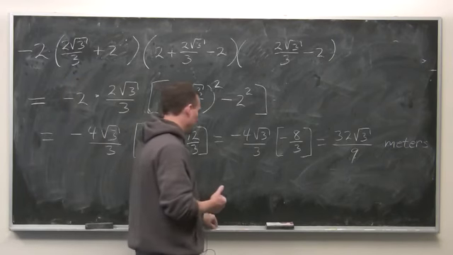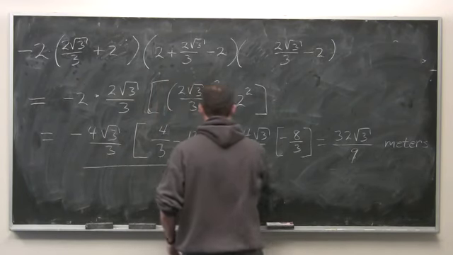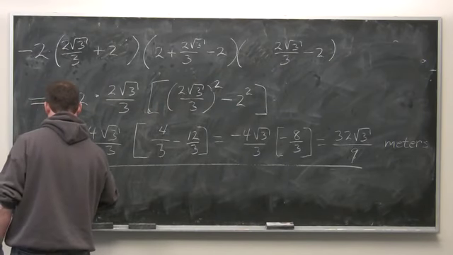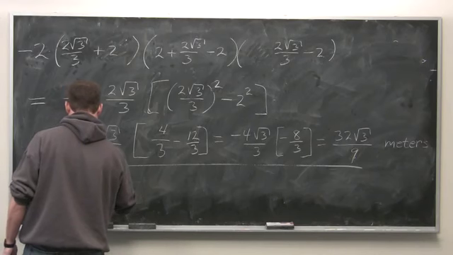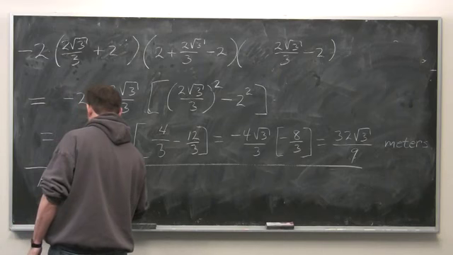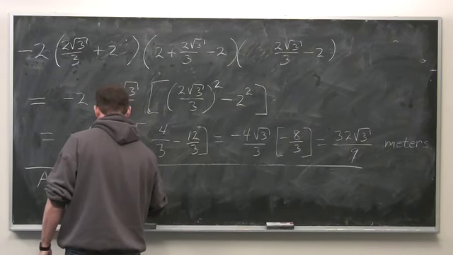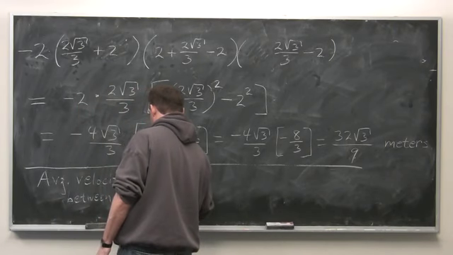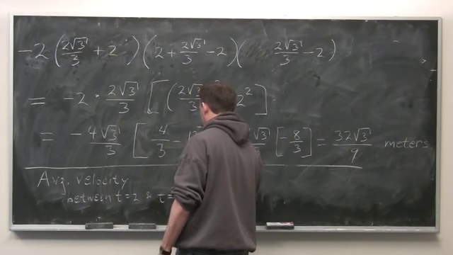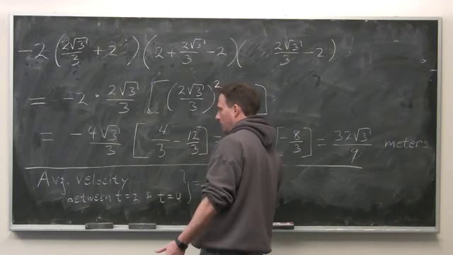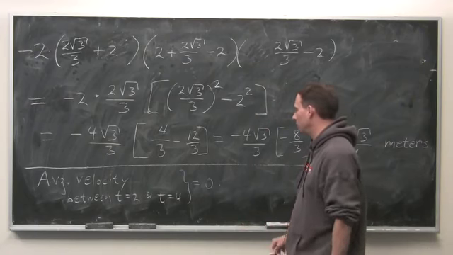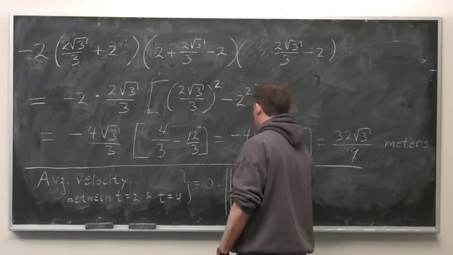So it's worth mentioning that the average velocity between t equals 2 and t equals 4 is 0, right? Because it's the change in position divided by the change in time. The change in position was 0. But the average speed